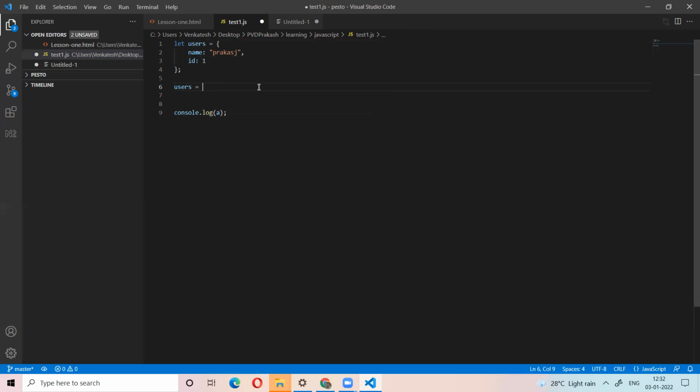Then users equal to, like this, users, comma. I want to add the new value, for example, score. Let's see if there is anything wrong here.